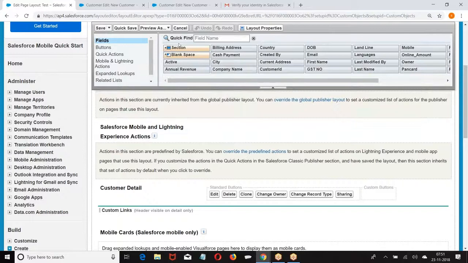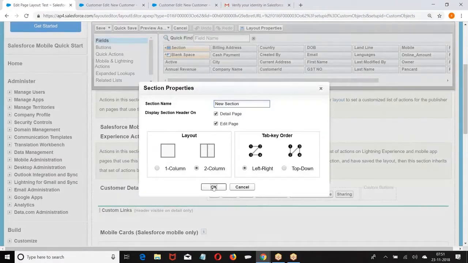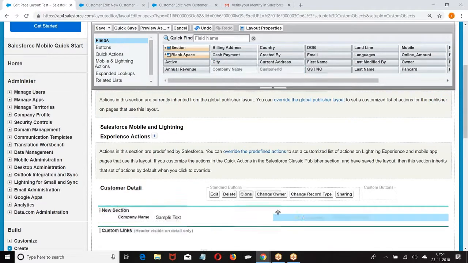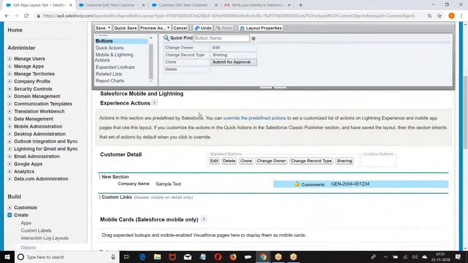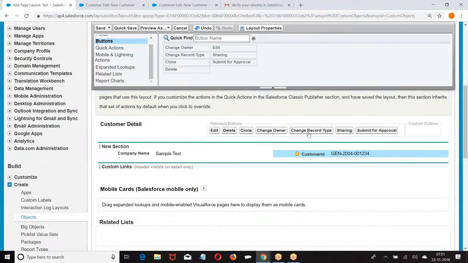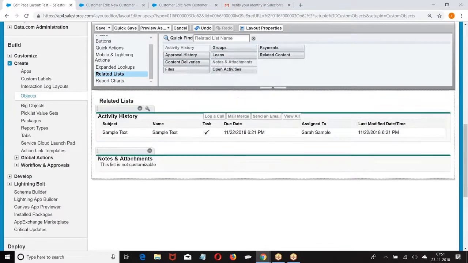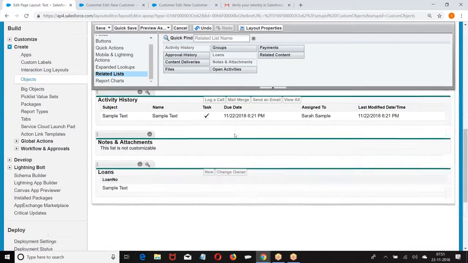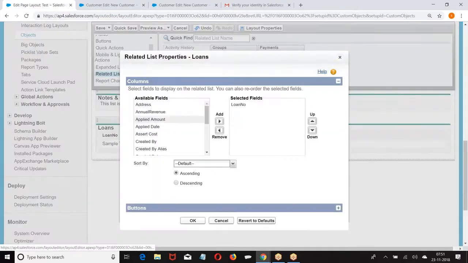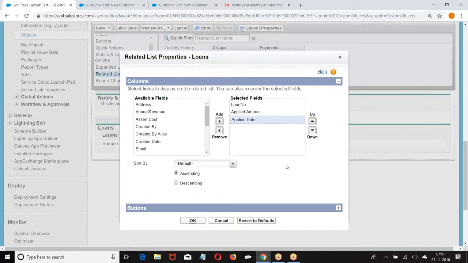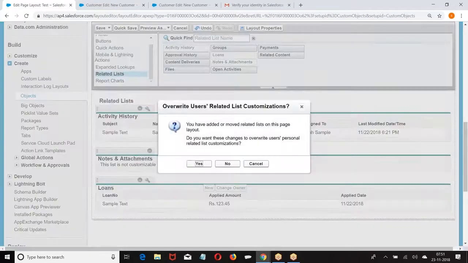Then what we have done? Add the section, add the fields, then add the buttons, add the related list, specify which fields of the child object should be displayed, click on it, then save it.